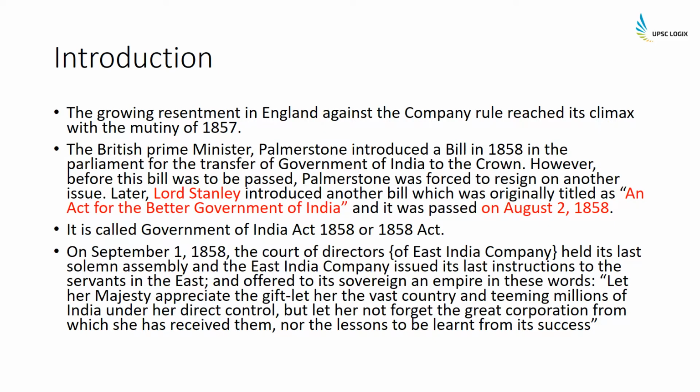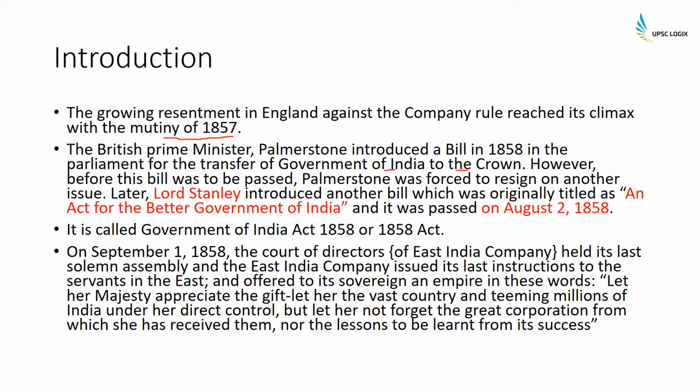As we are aware, there was always a resentment against the East India Company in England. And this particular resentment reached its climax after the mutiny of 1857. The British Prime Minister Palmerston introduced a bill in 1858 in the Parliament for the transfer of Government of India to the Crown. However, before this bill was passed, Palmerston had to resign, and later Lord Stanley introduced another bill